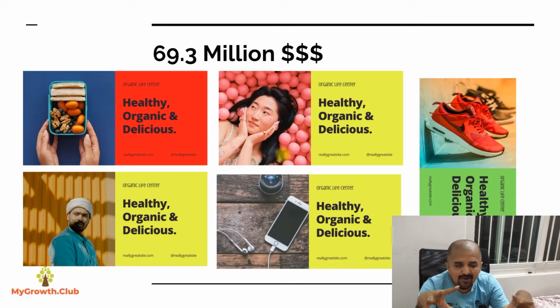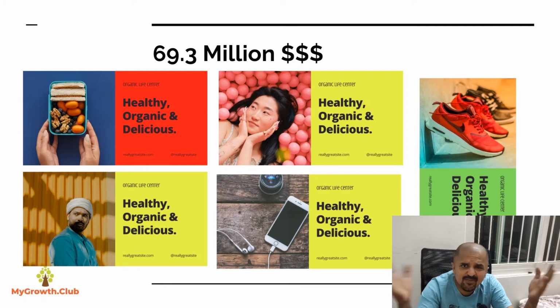Let's take an example of these 5 creatives which are on your screen. I'm taking an example of 5 creatives because it's easier to explain and show on the screen, but this can easily be scaled up to about 50 creatives, 500 creatives, or even 5,000 creatives if you want to. These are 5 creatives which have a similar template, but each has a different object and different color scheme.